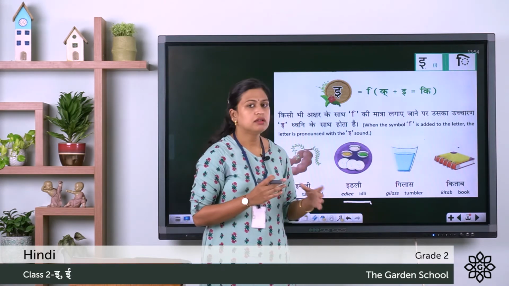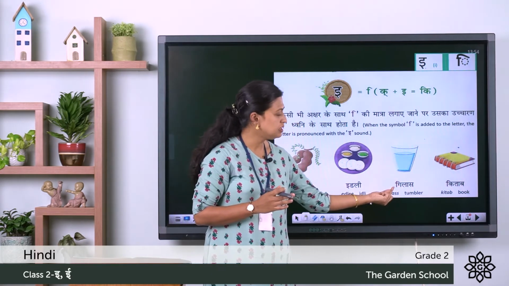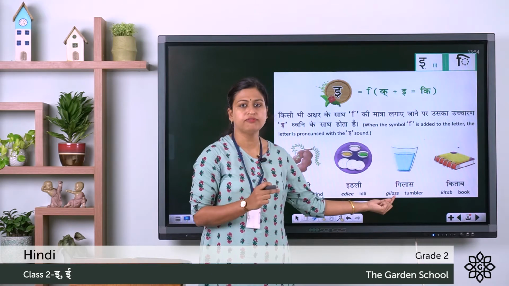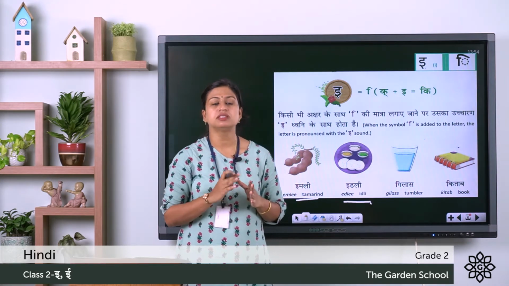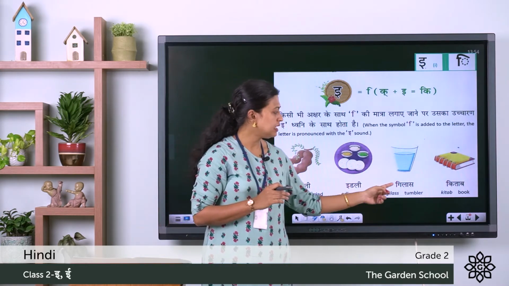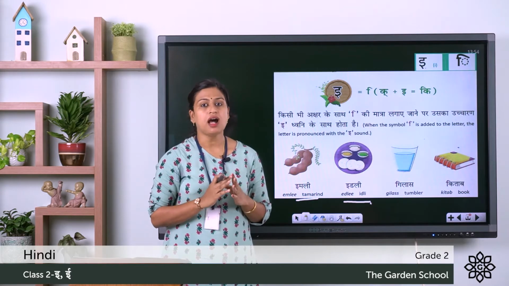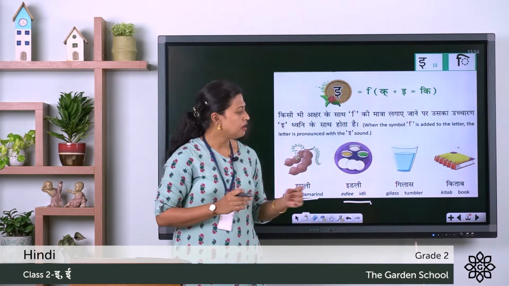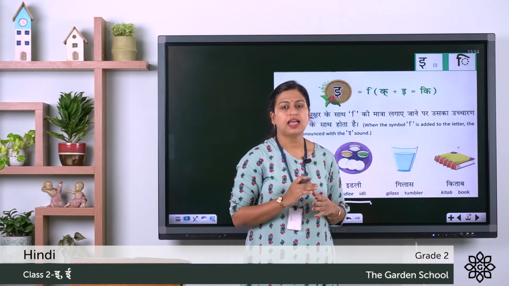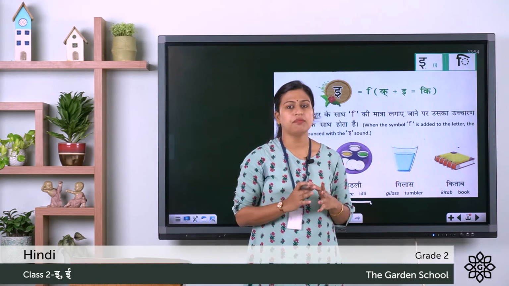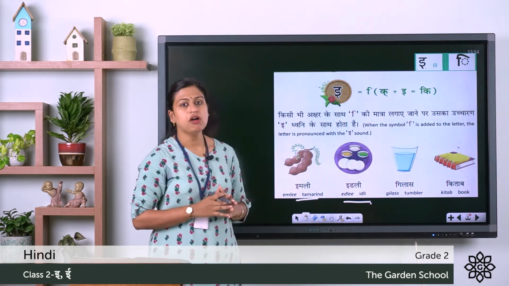You can see Vyanjanakshar Ga and before this Vyanjanakshar there is a symbol and this is a symbol for I. So, Ga plus I ki matra, it sounds Gi. The word is Gilas. Now, here also you can see the consonant Ka and before that Ka we write this I ki matra. So, it becomes Ki and the word is Kitab. Kitab means book. So, this is the way to write the symbol for I.